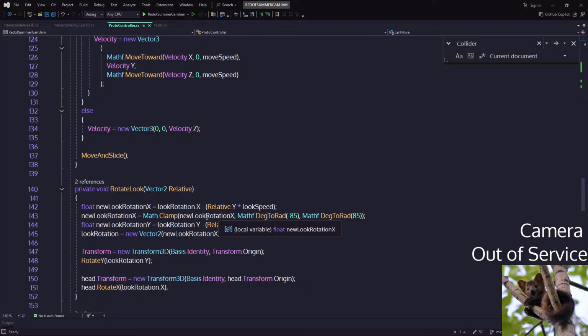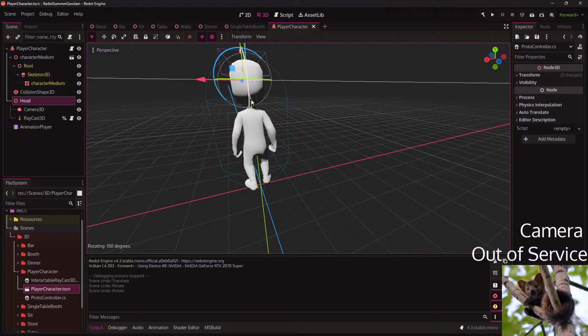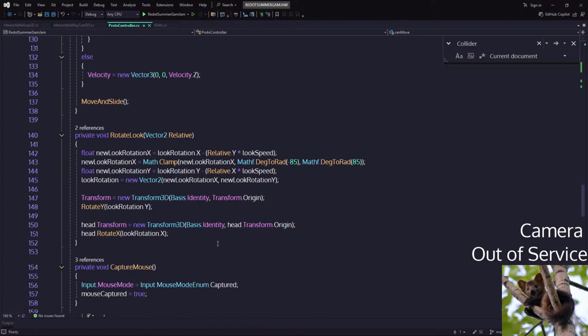Rotate look. So this is the X rotation. I so don't want to do that. Velocity calculation is wrong. Yeah.